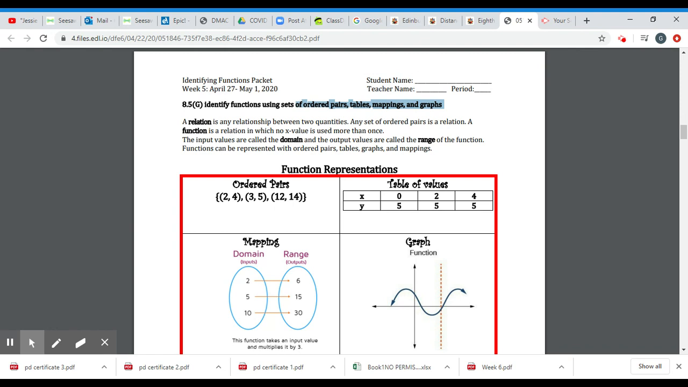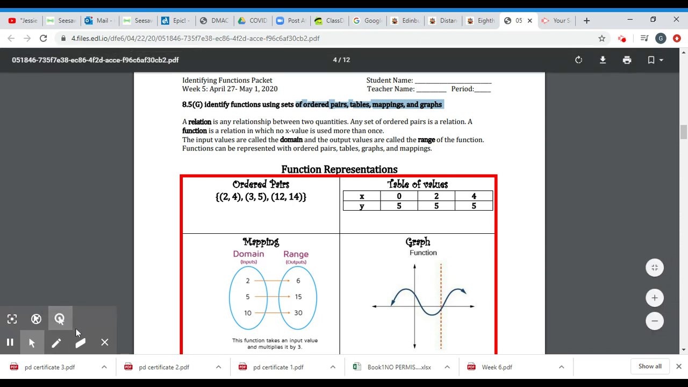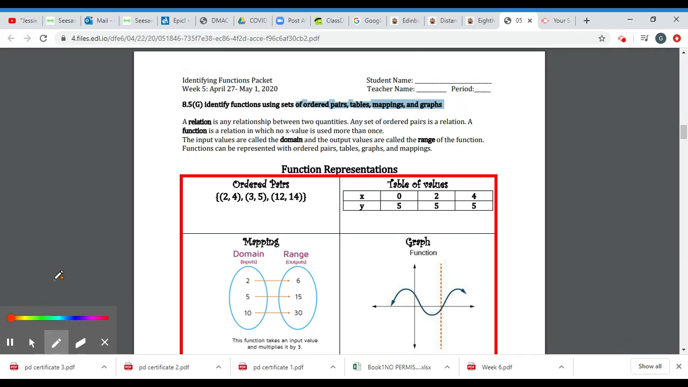This is a review, and we tend to do okay on these, but we do still need to refresh our memories and make sure that we completely understand functions. So now, at the base core function, which I'm going to use as f of x, a function is a relation in which no x can be used more than once. So in a function, remember that